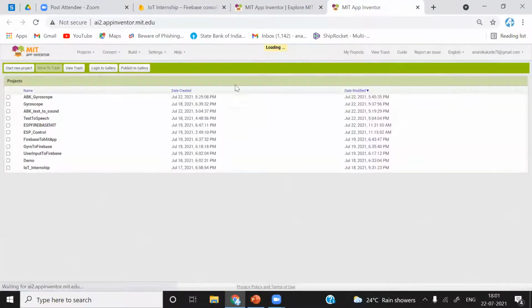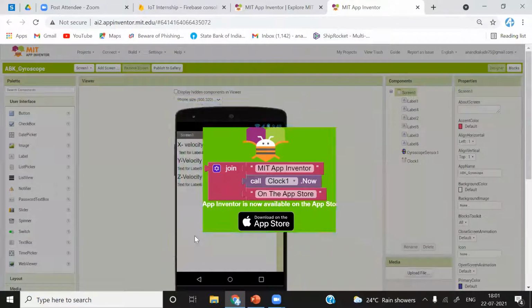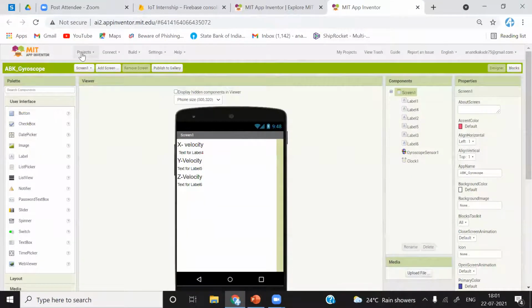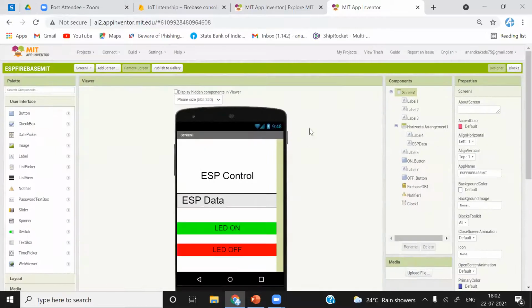So even after pressing the button, after 15 seconds, we were not able to set this button check equals to false. So we'll check with that. I'll just open this project. Okay.